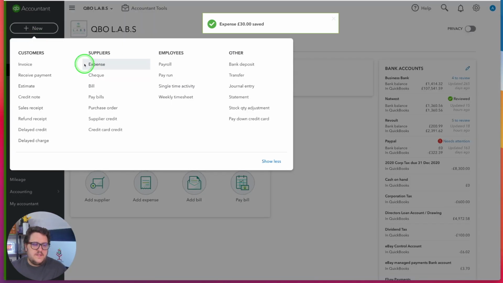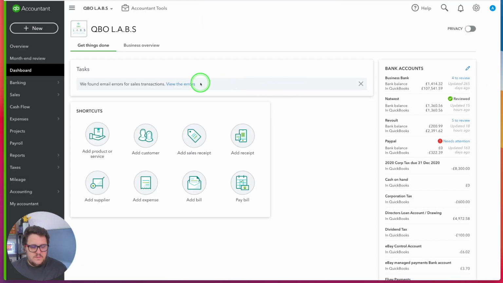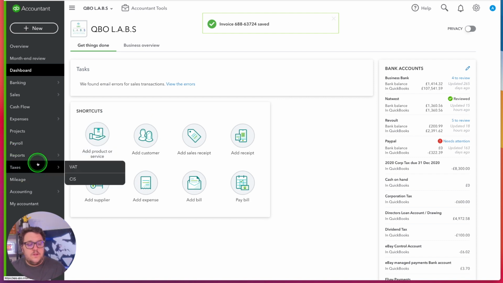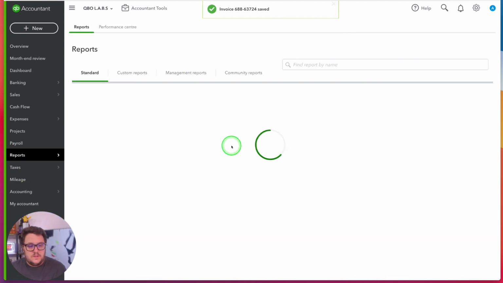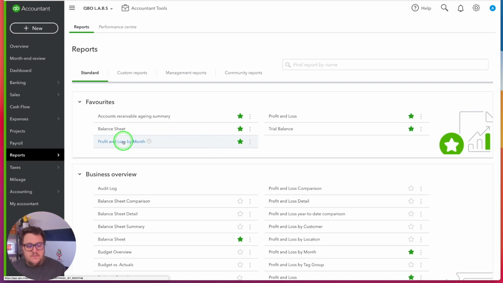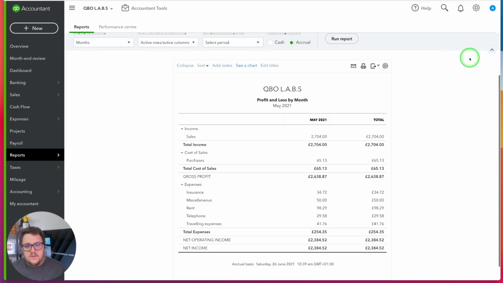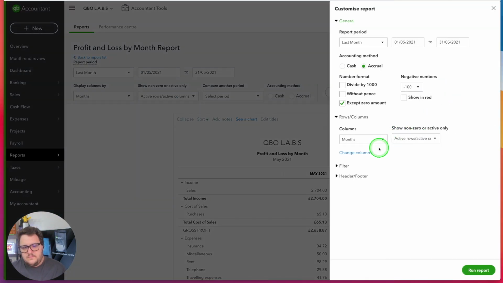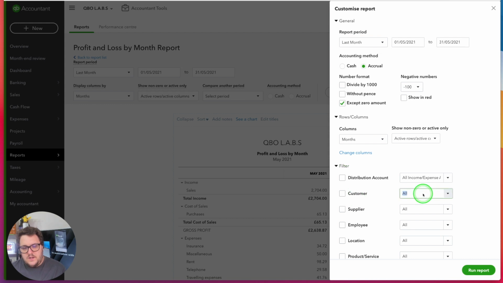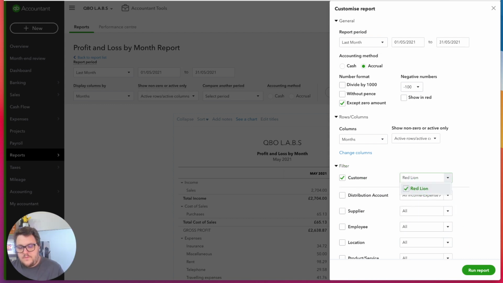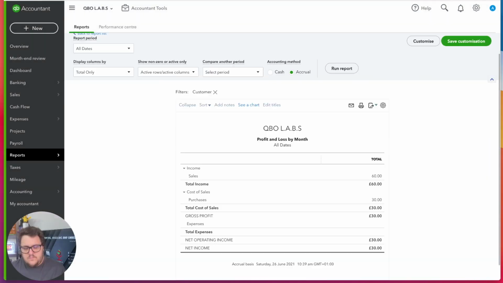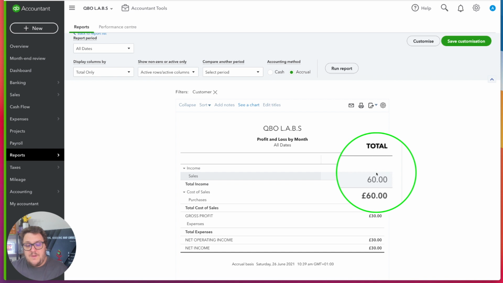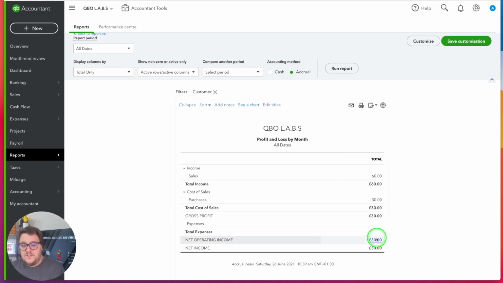And I have, let's say, an invoice for Red Lion as well. Then all I need to do is run my reports, find a profit and loss, but under filter, I'm just going to go customer, Red Lion. Press run report, and you can see now I'm pretty much getting that same process. I've got my sales, I've got my purchases, and that's leaving me with a profit for that particular project, or